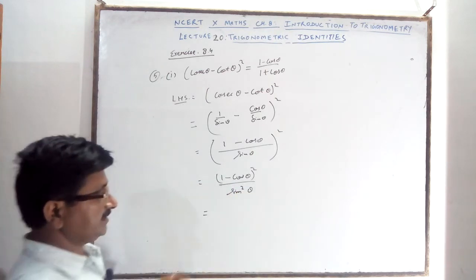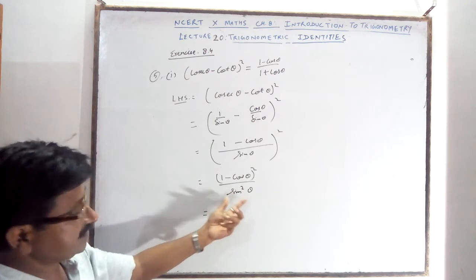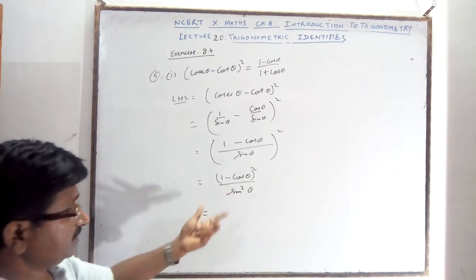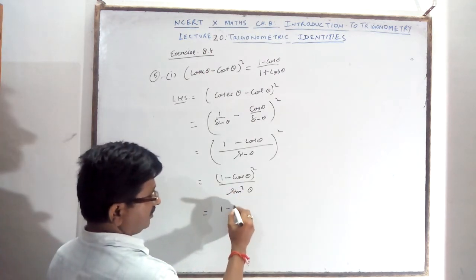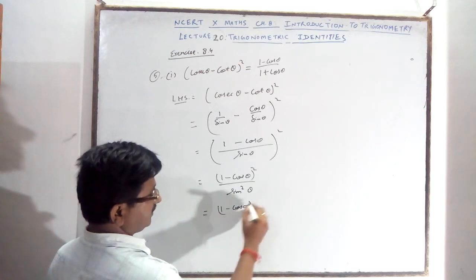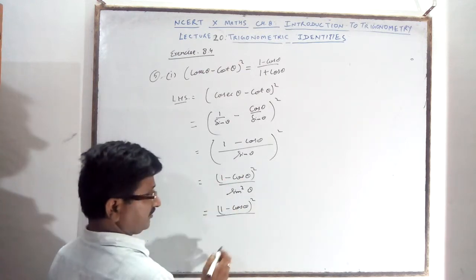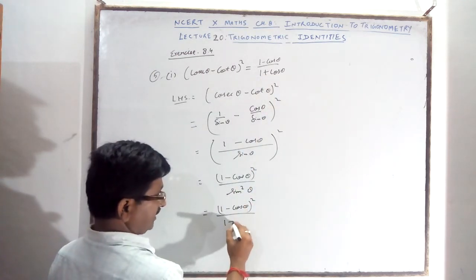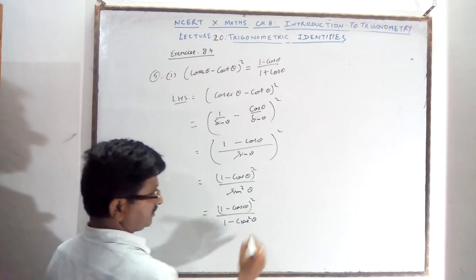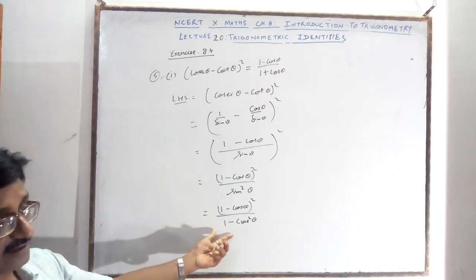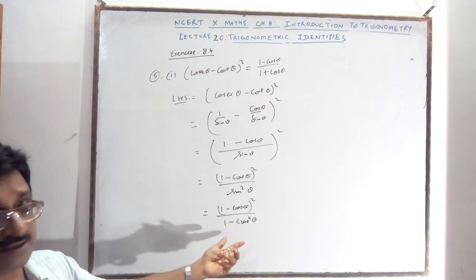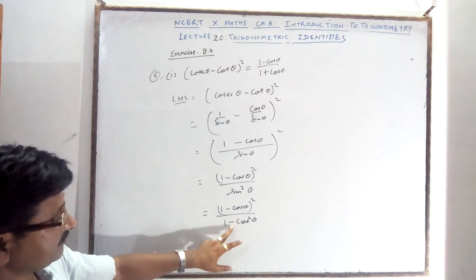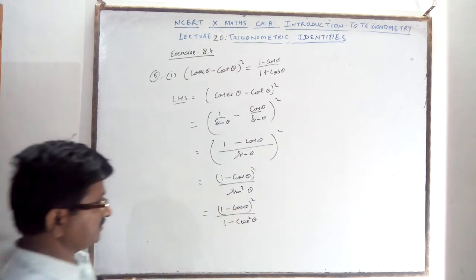Now apply the identity. Now you want cos in the denominator also, so the denominator you change to cos. The numerator is given, but it is given in whole square form. In the denominator, you also want cos, so what will you write? This as 1 minus cos square theta. By the identity, sin square theta plus cos square theta is 1, so in place of sin square theta you can write this.